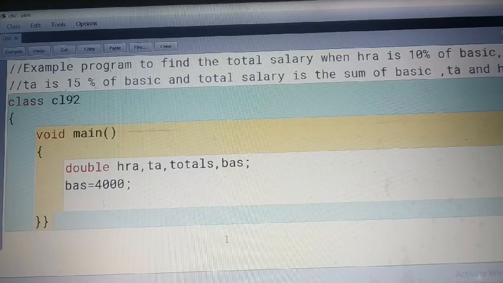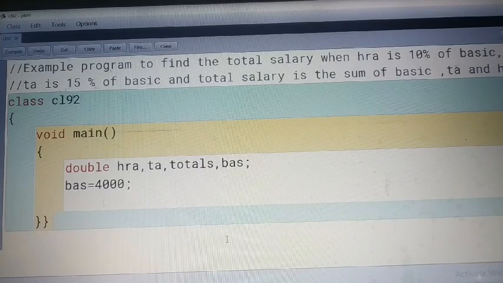When an employee joins a company, the employee gets a very minimum salary as basic, and on the basis of the basic salary there are so many other compensations that make the salary structure very handsome. For example, HRA, TA, DA, medical, whatever, and after that the total salary becomes a very handsome salary that comes in the account or in hand. So this way an employee gets salary from the company side.